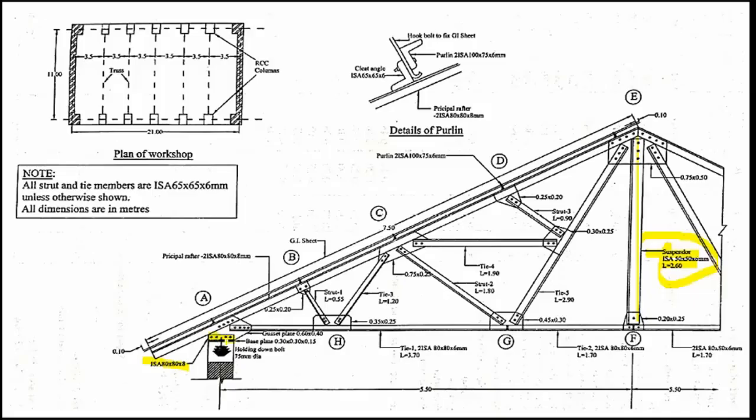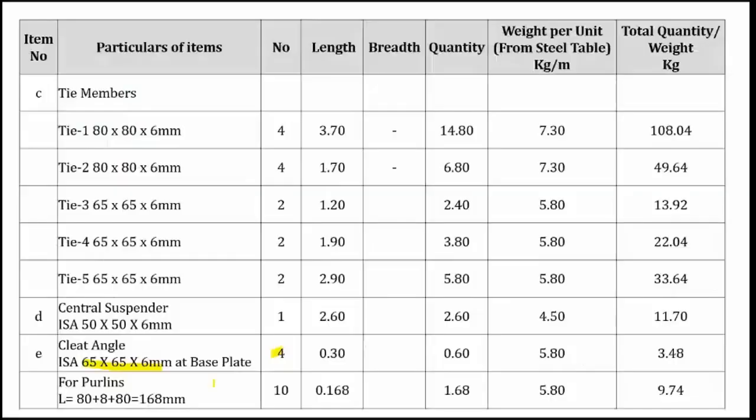Why? Because we can see here now we will have the gusset plate, left side will have one number, right side will have one number. So therefore, here the size is being changed. You can change that size. So it is 80 by 80 by 8. You can write that as 80 by 80 by 8. Right? So previously, here I have shown 65 by 65 by 6. You can make it as 80 by 80 by 8, and proportionately you can write that weight.